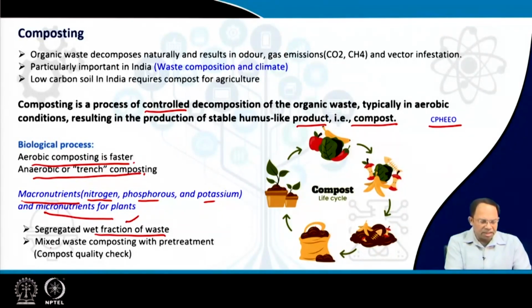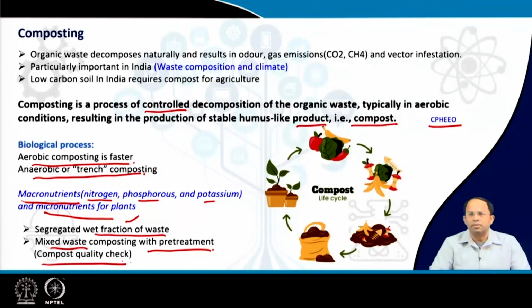Now, in case the waste is mixed, that means the wet waste is mixed with dry waste or with certain other materials, we have to do some amount of pre-treatment. Pre-treatment, pre-sorting, pre-processing, whatever we call it by different names, what it means is that we have to do some amount of sorting to take the organic content out of this particular waste, which eventually goes for composting. And because it's mixed waste, there is a chance of contamination remaining. So that's why we have to do compost quality checks as well.